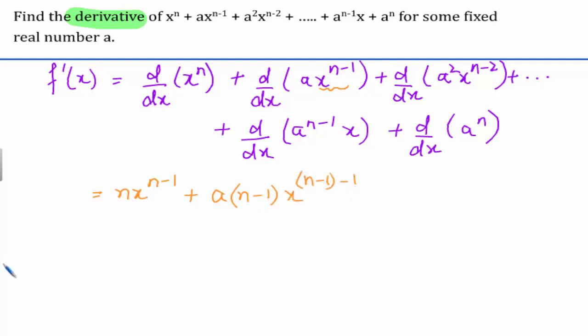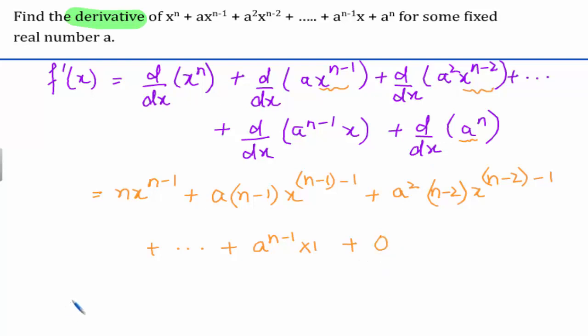Now the derivative of the third term is given by a square into n minus 2. A square is constant. Now we are finding the derivative of x raised to the power n minus 2, which is n minus 2 into x raised to the power n minus 2 minus 1 plus so on up to a raised to the power n minus 1, which is again a constant, and derivative of x with respect to x is 1, plus, now derivative of any constant with respect to x is 0. Therefore we have